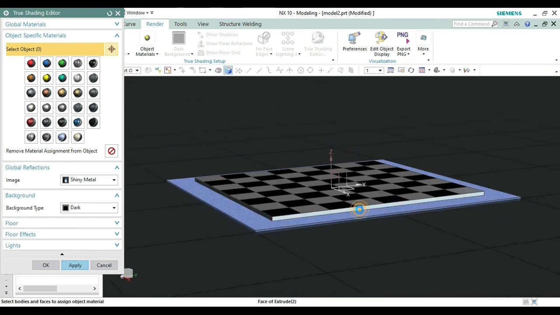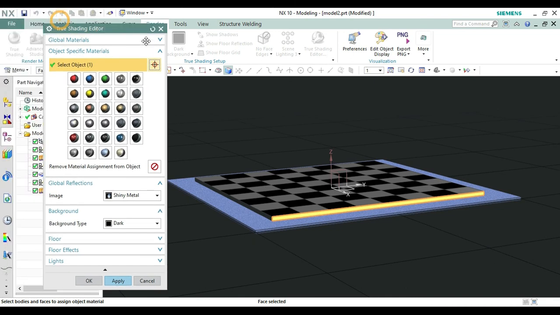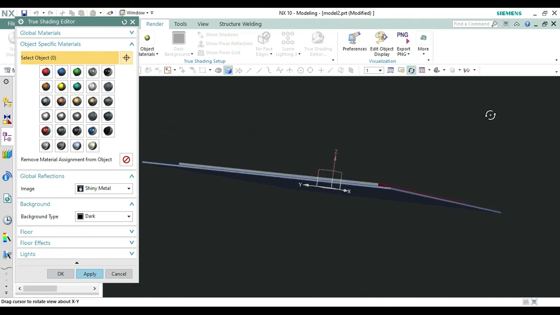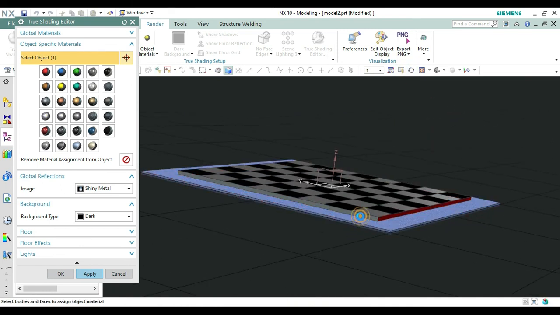Oh, it hasn't worked. Let's see what is... Okay, it's gone blue. Okay, no problem. Again selecting this one and let's make it red. Okay, it is. Again selecting this one and make it red. It is due to the effect, both are the same color. Okay, again selecting this one and making it red.